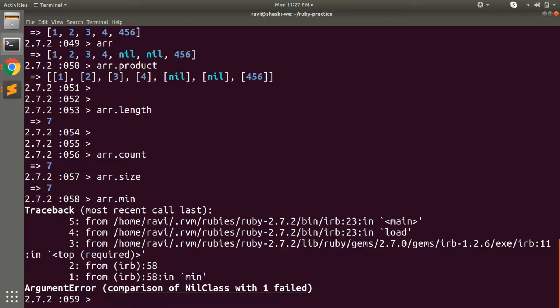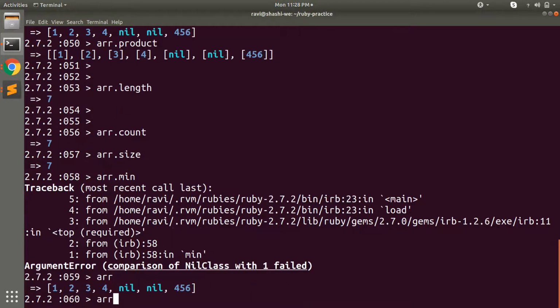Because when you invoke min or max on an array, then your array should not have any nil values. This is a great point to remember. Let me repeat it again: whenever you invoke the min or max method on an array, then your array cannot have nil values. Now let's try to compact this and then call min.